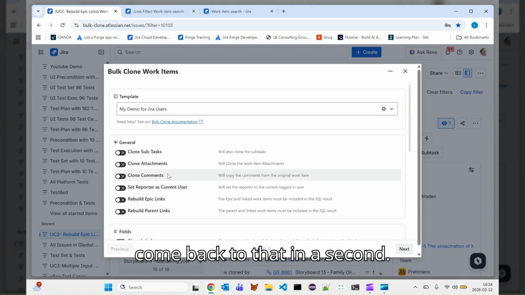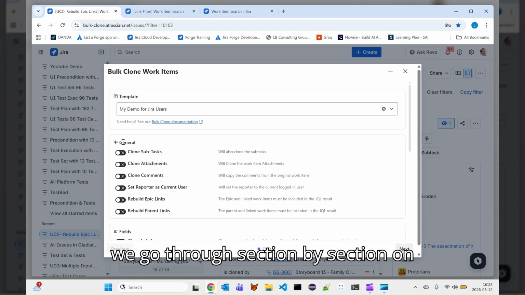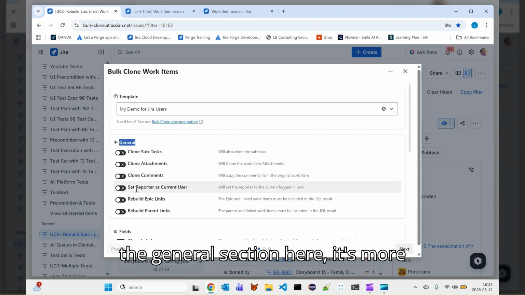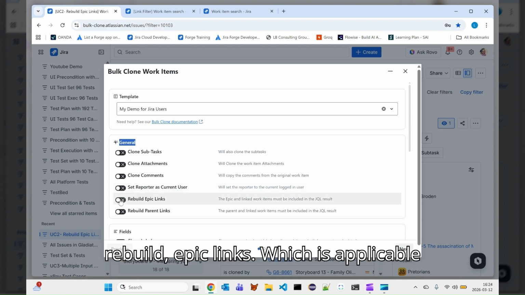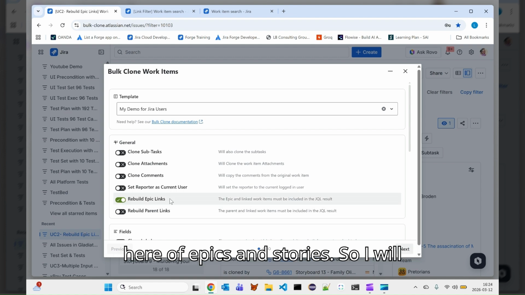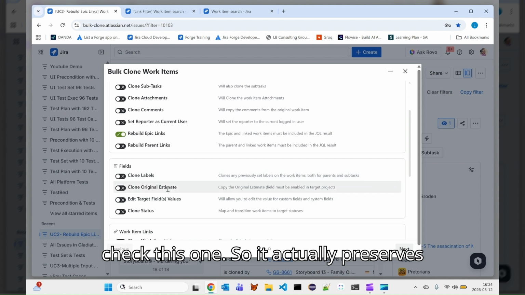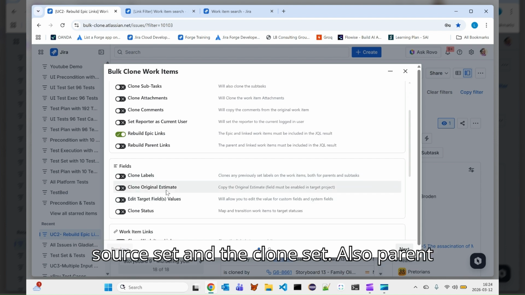So I'll take this off again. If we go through section by section, on the general section here, it's more around subtask attachments, rebuild epic links, which is applicable in our case because we have a hierarchy here of epics and stories. So I will check this one so it actually preserves or respects the links between the source set and the